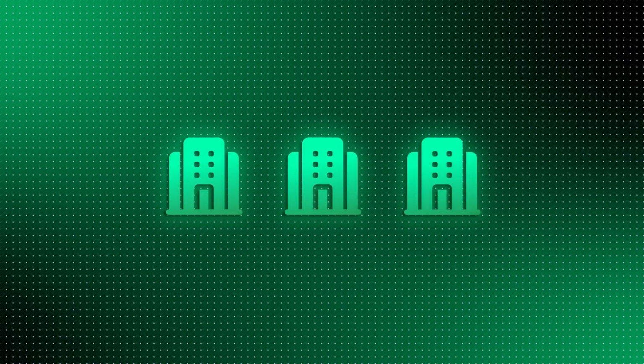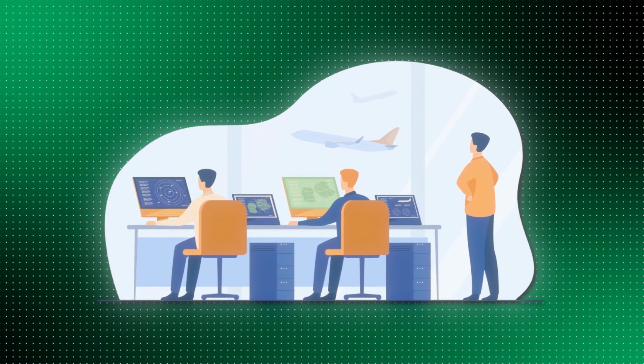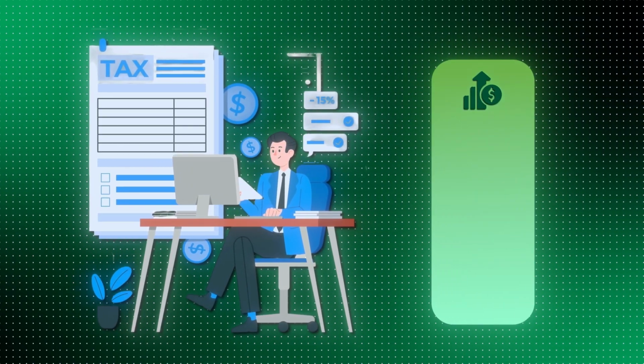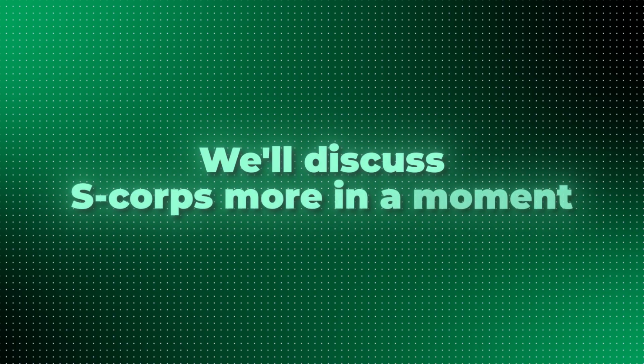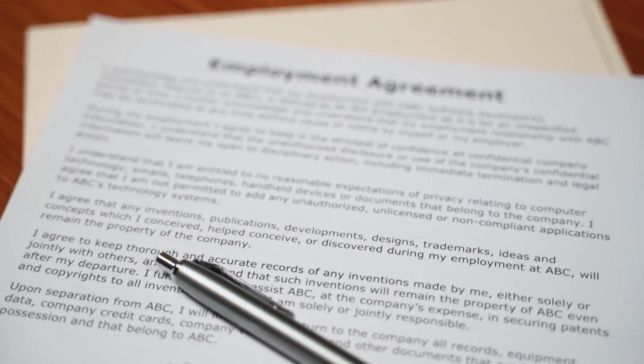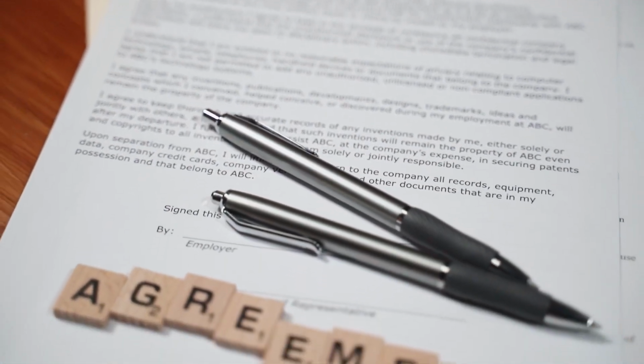Many LLCs choose to be taxed as an S Corp to potentially save on self-employment taxes once profits reach a certain level. We'll discuss S Corp more in a moment. Process of establishing: file articles of organization with the state, create an operating agreement, and obtain an EIN, generally simpler